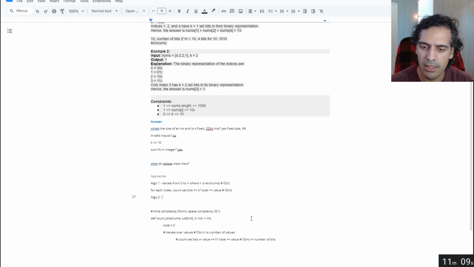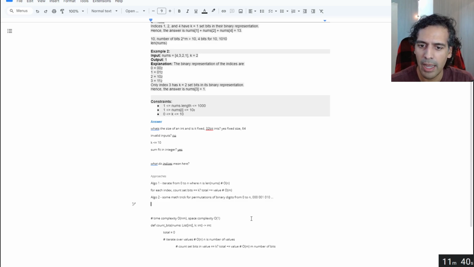I think another thing we can do here is there might be some math trick for permutations of binary digits from 0 to n. This is a fixed thing. There's only one way to iterate through all the binary numbers from 0 to n, and it's always going to be 0, 0, 0, then 0, 0, 1, then 0, 1, 0, etc. And I'm guessing there may be some formula for telling the number of bits in that index. So if we had that, then we have O of 1 instead of O of m,